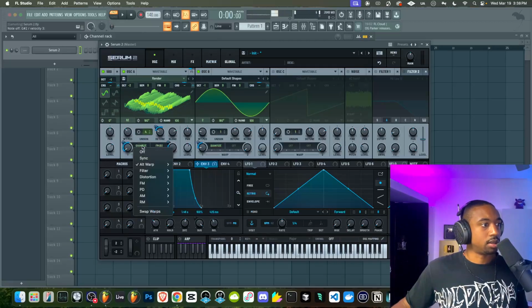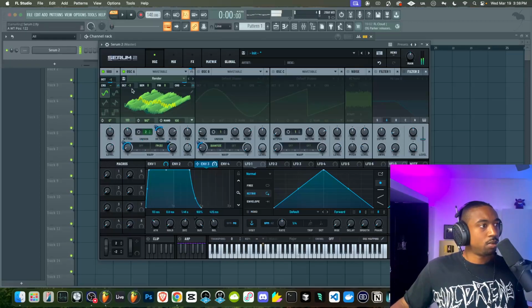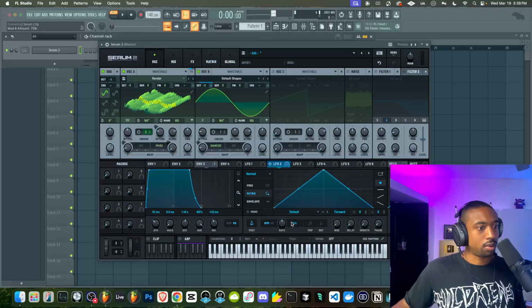Take off this quantize. That'd be dope to kind of switch that on and off. Let's do a square wave.